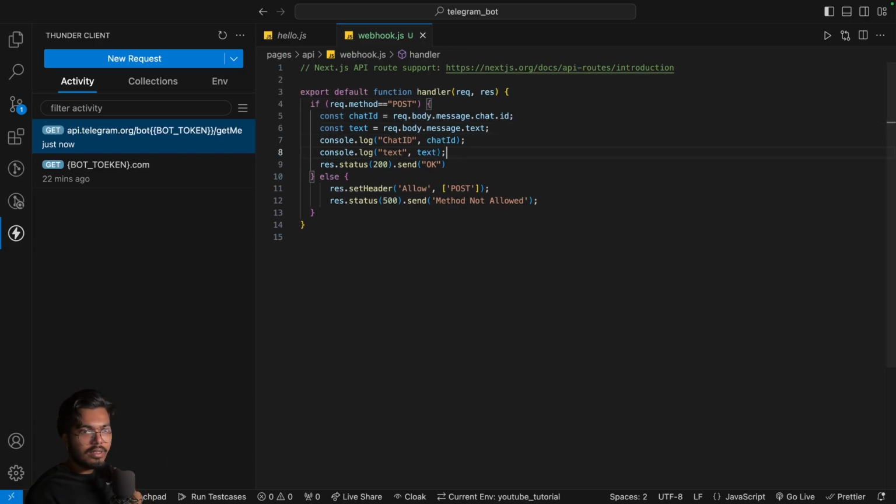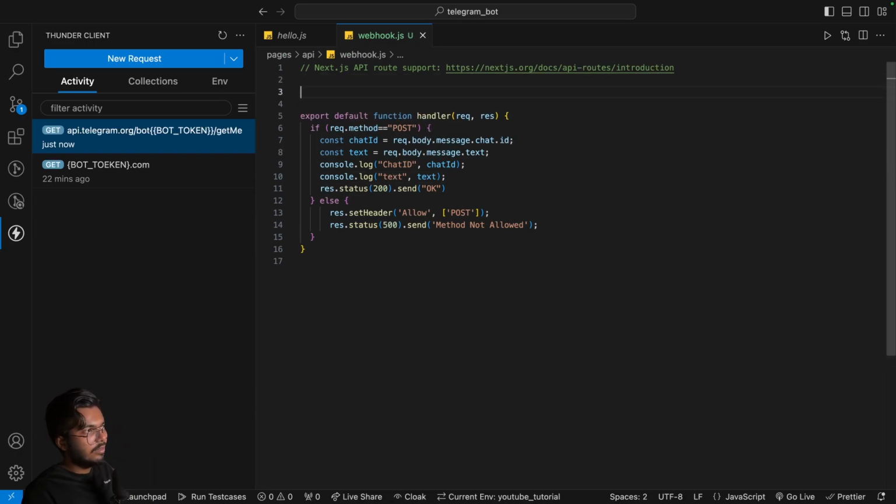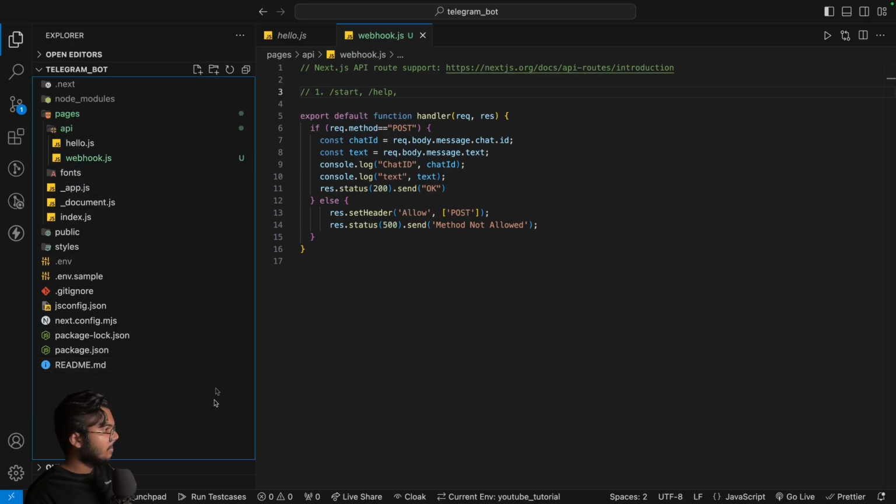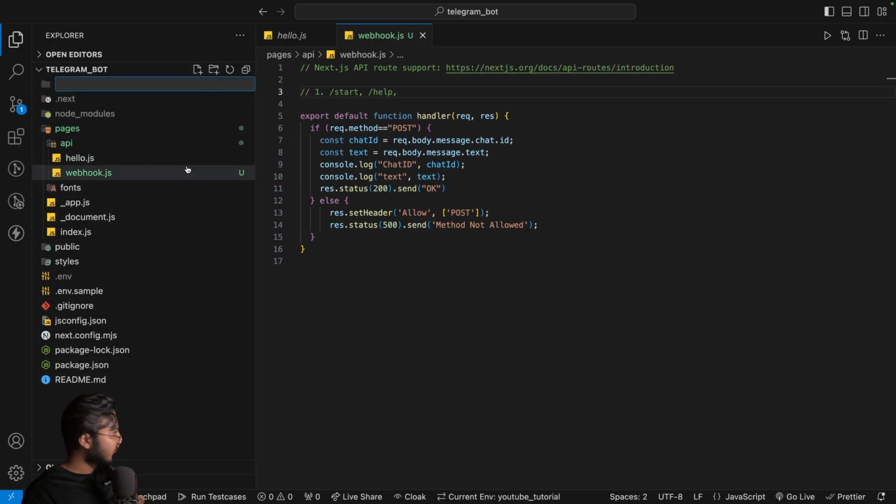First of all, I am going to make some commands. What are the commands that I want to have? One should be the start command, then there should also be a help command, right? Someone should be able to ask for help, and then we can improvise, like we can make something else also. But whatever we do, we will need at least one function to send messages, right? So I think I am going to make utils, which is not necessary, but